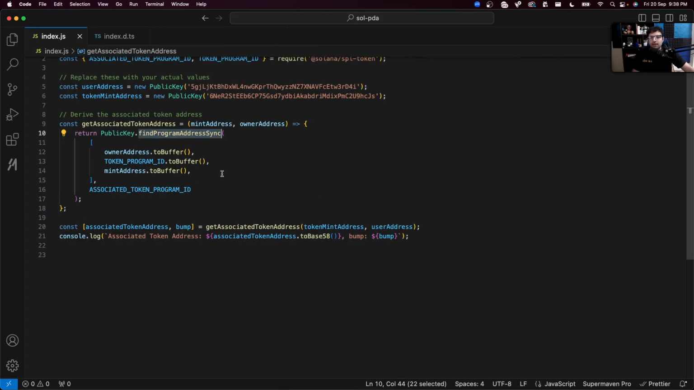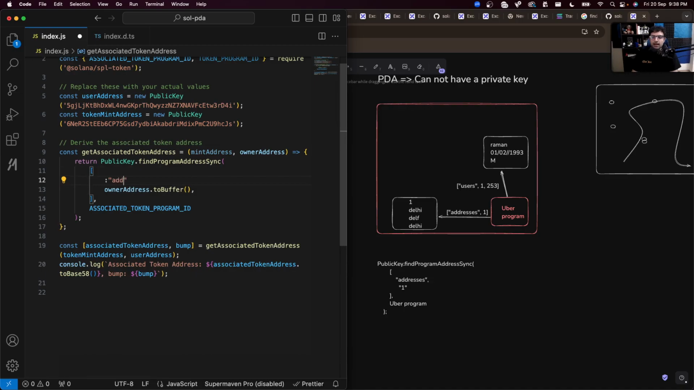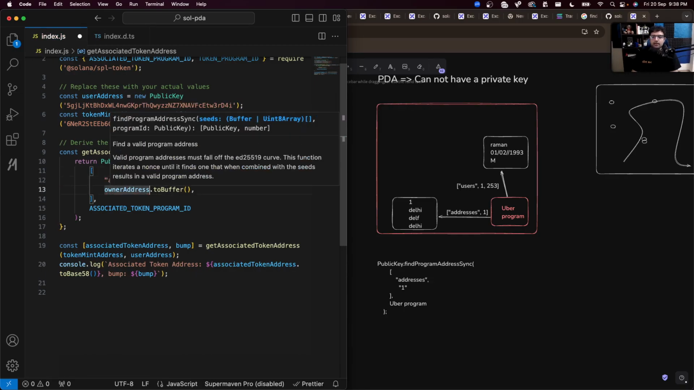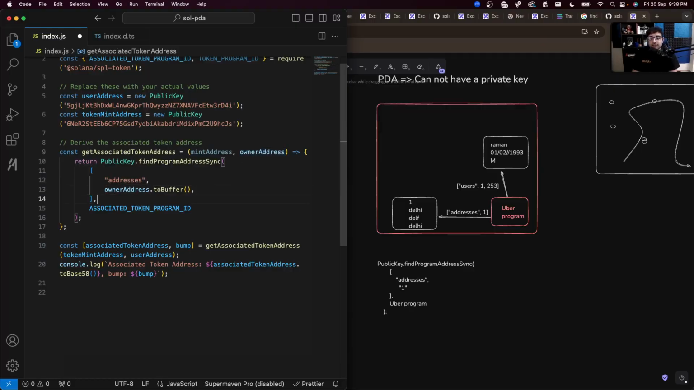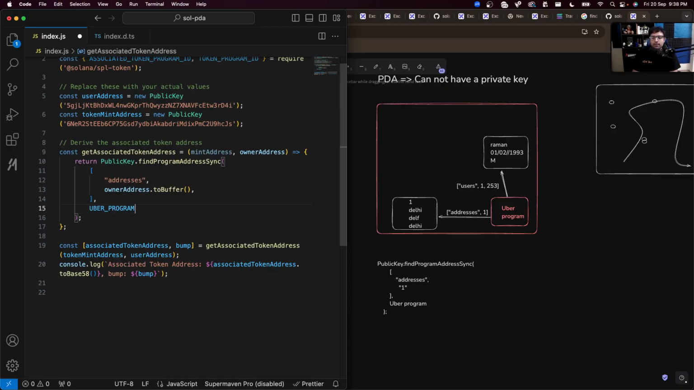Here, in case of this Uber program, I would pass things like the owner's address, that is this public key, a string called, let's say, addresses, and then the owner's address. I would pass something like this, and I would say this is the Uber program ID, whatever that ID is. This is how I would find